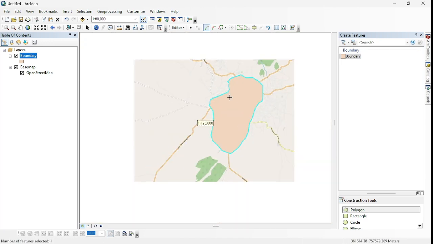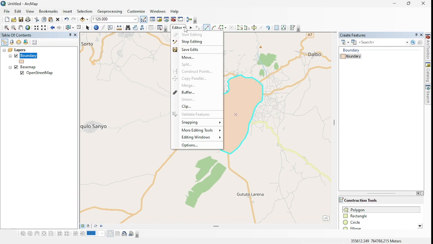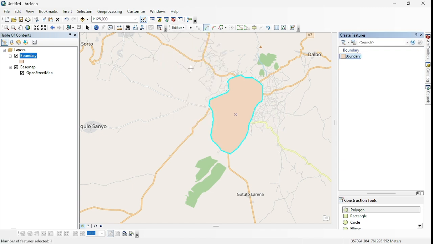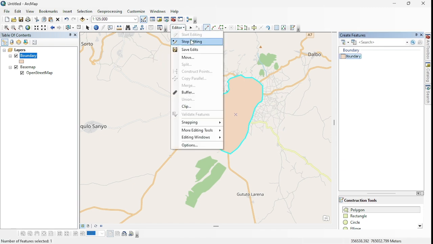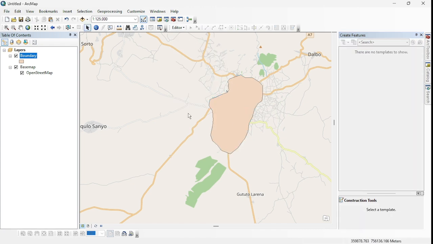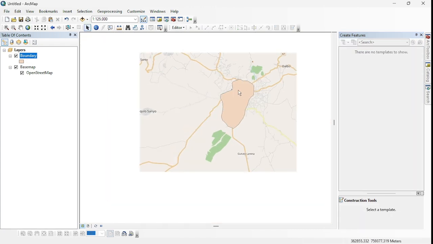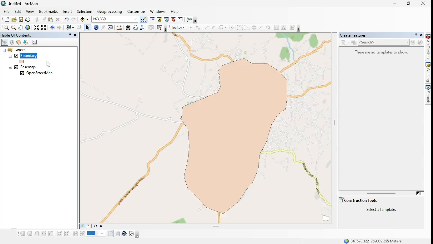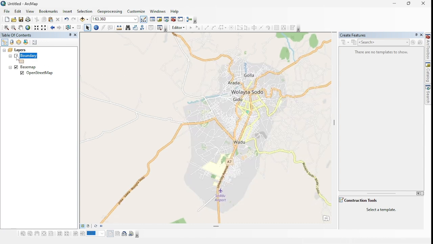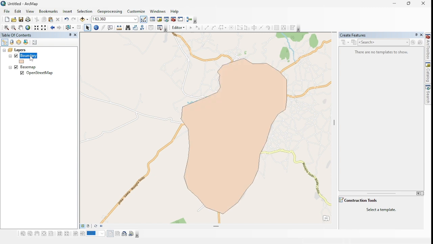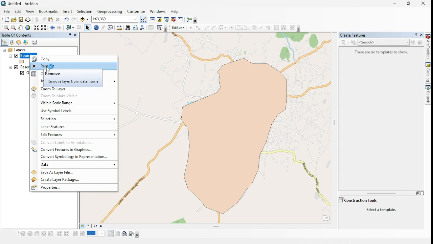Here I can click save editing, and I can stop here. This is enough to define the polygon. You can check here by unchecking, and you can also open its attribute table, and you can assign the field,